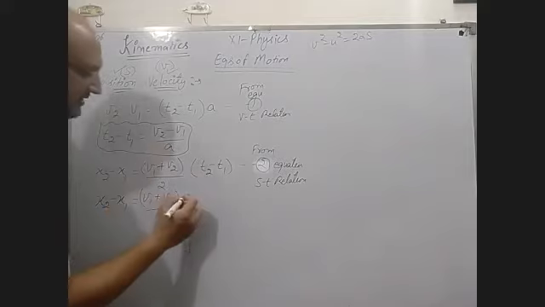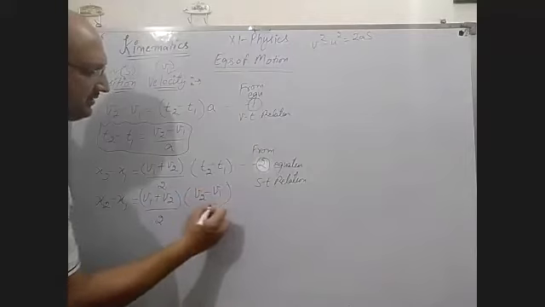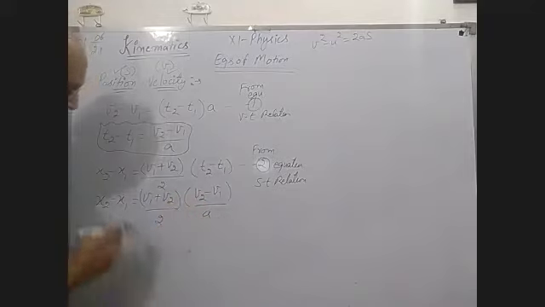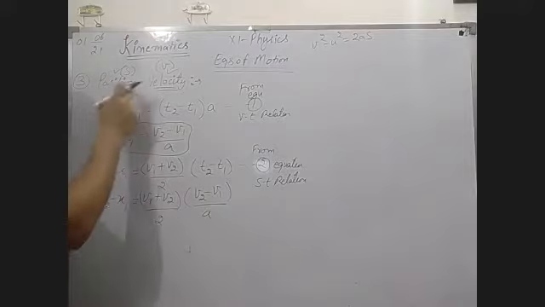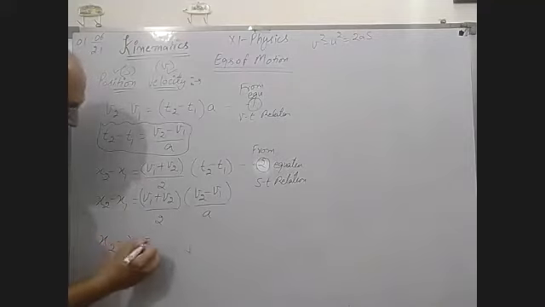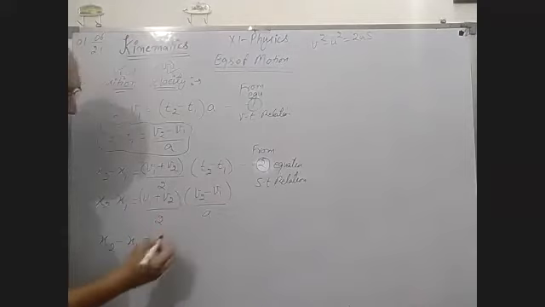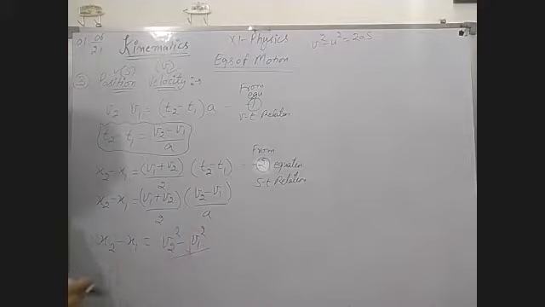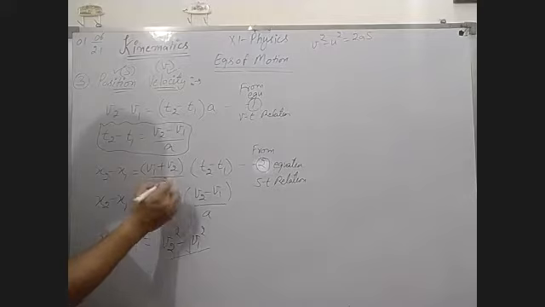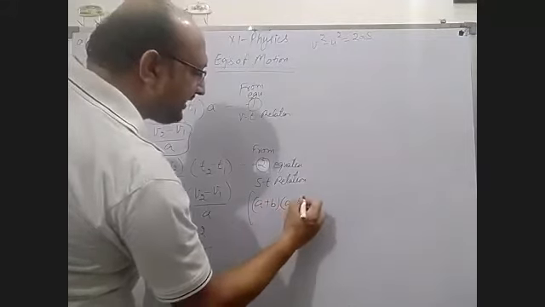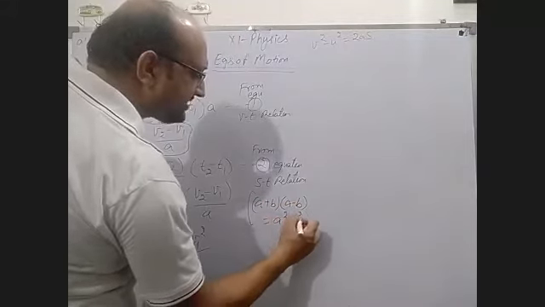What is the value of t2 minus t1? Now t2 minus t1 is eliminated from there, and instead of this we are taking (v2 minus v1) upon a. Now in this equation you can see there is no t. So now the position velocity relation is arising. Now solve it. x2 minus x1 equals (v2 plus v1)(v2 minus v1) upon 2a. This can be written as v2 square minus v1 square. You know this thing, (a plus b) into (a minus b) is equal to a square minus b square.